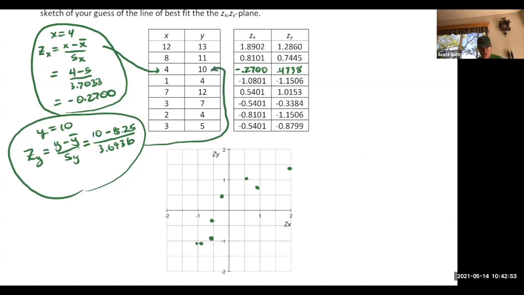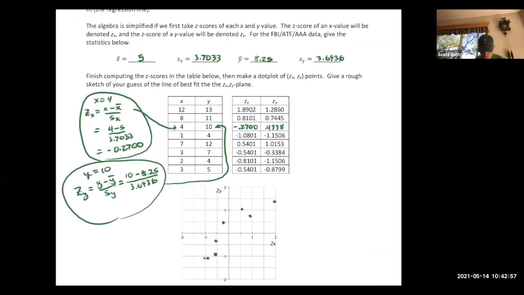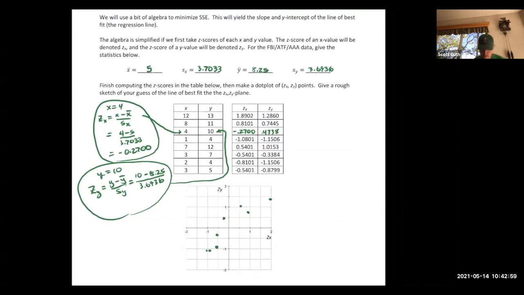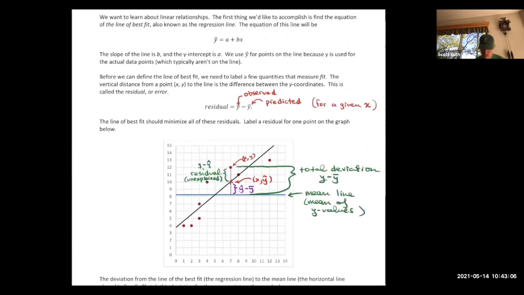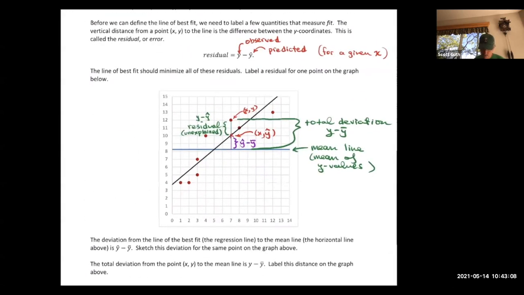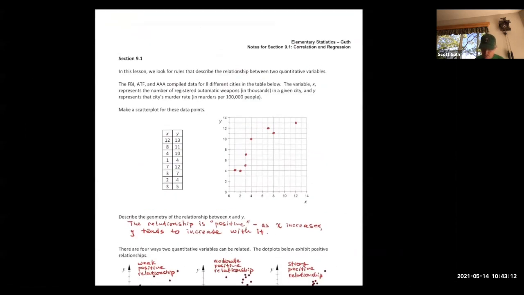Now, one of the things I want to do, I hope it's asking, oh, no, it's not. So one of the things I want to do is to compare this with the original graph. So I wonder if I could do a screenshot. I don't remember how to do that. So what I think I will do is just go to my original scatter plot that we did. And I'm just going to copy the points